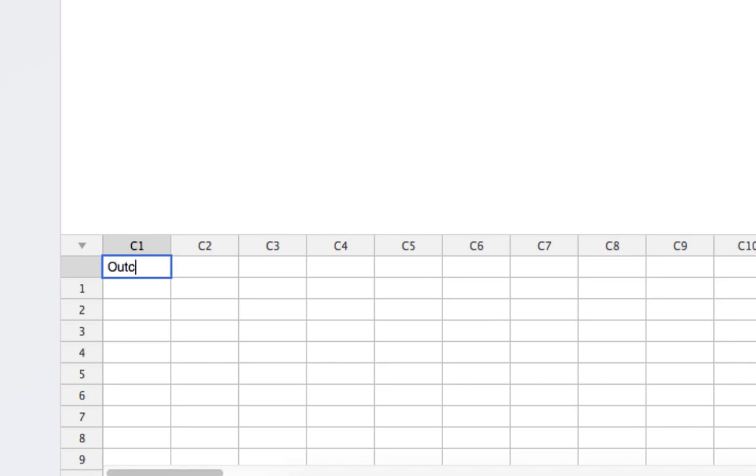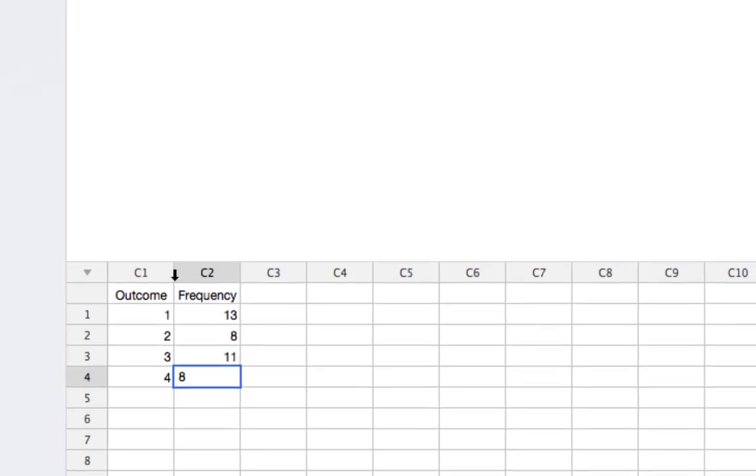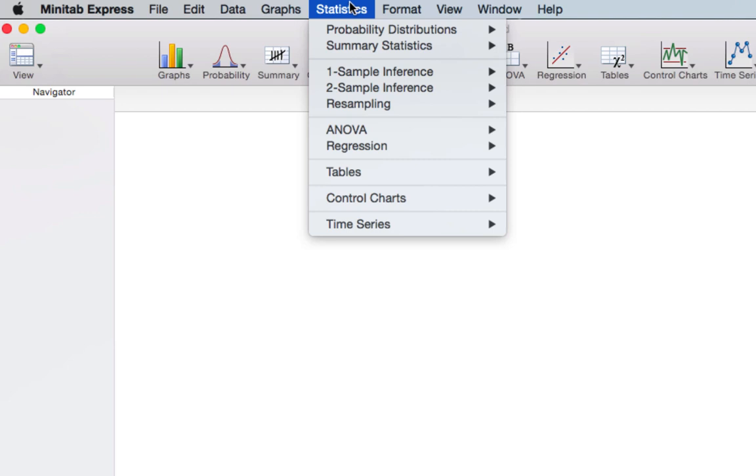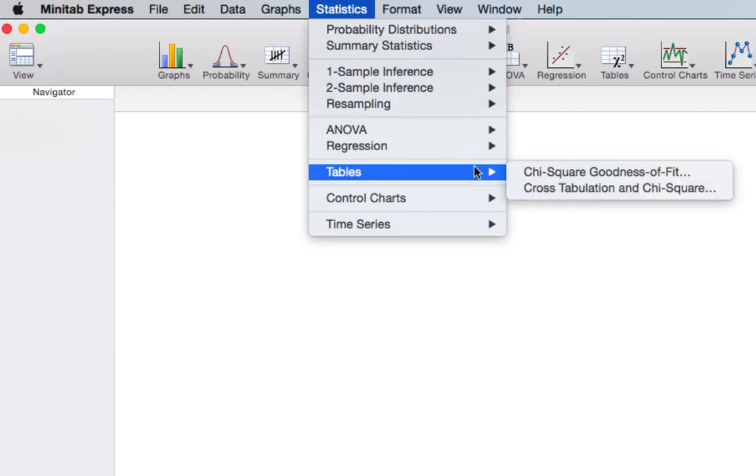The first column, I'll have the outcome, so whether we rolled 1, 2, 3, or 4. And the second column, we'll have our frequencies. We rolled a 1 13 times. We rolled a 2 8 times. We rolled a 3 11 times. And we rolled a 4 8 times. Now if we go to statistics, tables, chi-square goodness of fit,